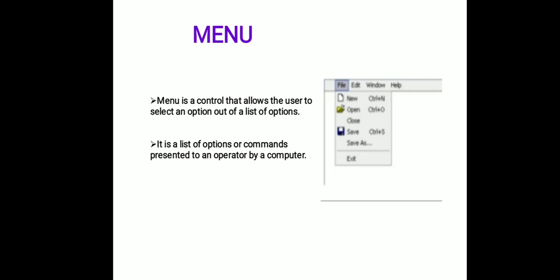Next one is menu. Menu allows users to execute commands by selecting from a list of choices. Options are selected with a mouse or other pointing devices within a GUI. A keyboard may also be used. Menus are convenient because they show that commands are available within the software. A menu bar is displayed horizontally across the top of the screen or along the tops of some or all windows. A menu has a visible title within the menu bar. Its contents are only revealed when the user selects it with a pointer.